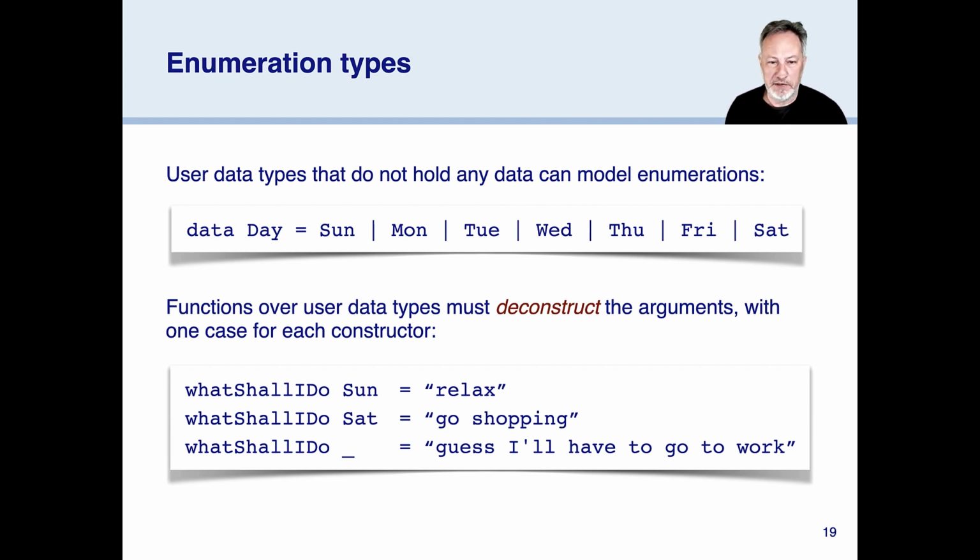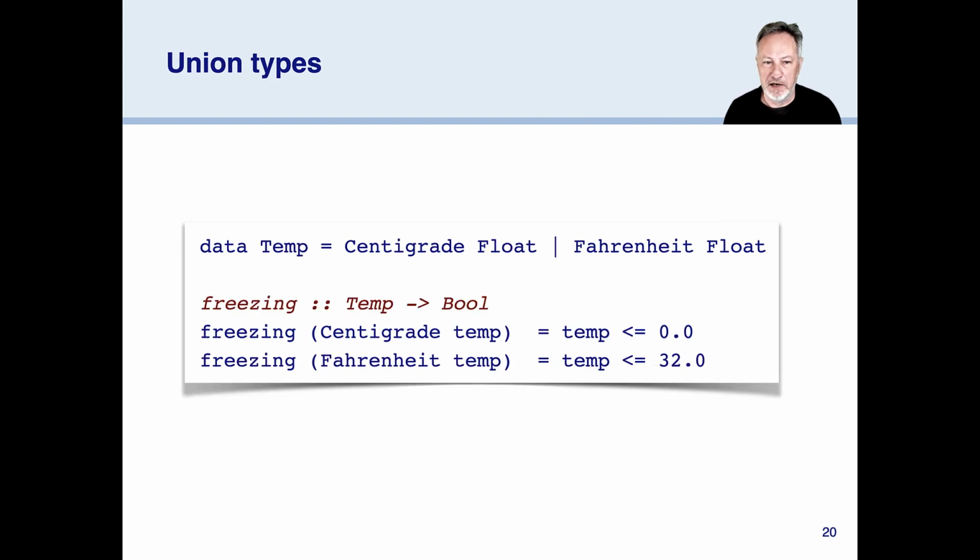Now, this very simple construct works also for more complex data types. So here we have a temperature data type, essentially a union type. A temperature could either be a centigrade value or a Fahrenheit value. So here we have two constructors, the centigrade constructor and the Fahrenheit constructor, and they both take as an argument a float value. Now we can define a function of type freezing, which will map from temperatures to booleans,